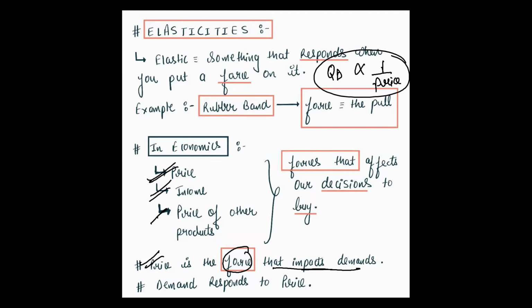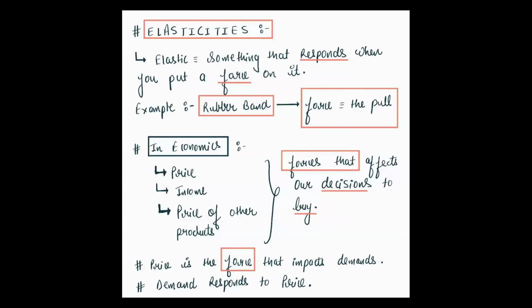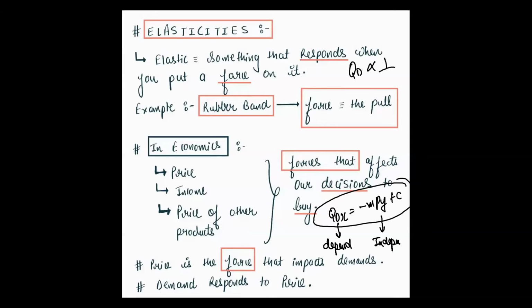ठीक है? Price क्या है? एक force है. Like, if you see F equals ma, if anyone knows, mass is an independent thing. Everyone has different masses. According to this mass and the acceleration of that body, force is being applied. Similarly, if you see the equation Qd = a - bPx + c, in this equation price is independent, right, and Qd is dependent. Qd is inversely proportional to price.